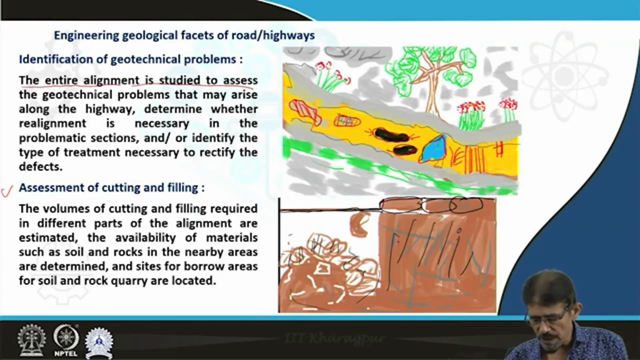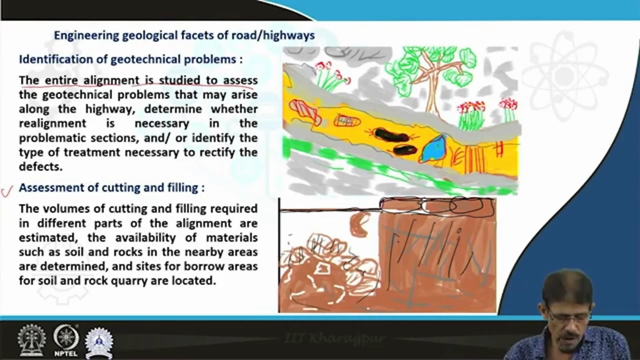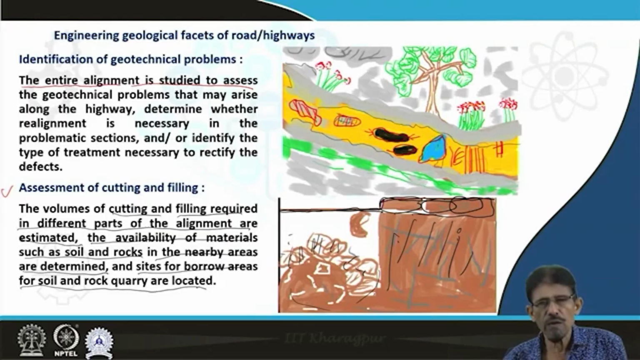Sometimes if this material is not sufficient, then we are going to take some material from other locations. The volume of cutting and filling required in different parts of alignment is estimated properly, and the availability of materials such as soil and rocks in the nearby area is determined, and the site for borrow area for soil and rock quarries is to be located properly. If this zone is not sufficient to fulfill the requirement, then we are going to search for rock and for soil in